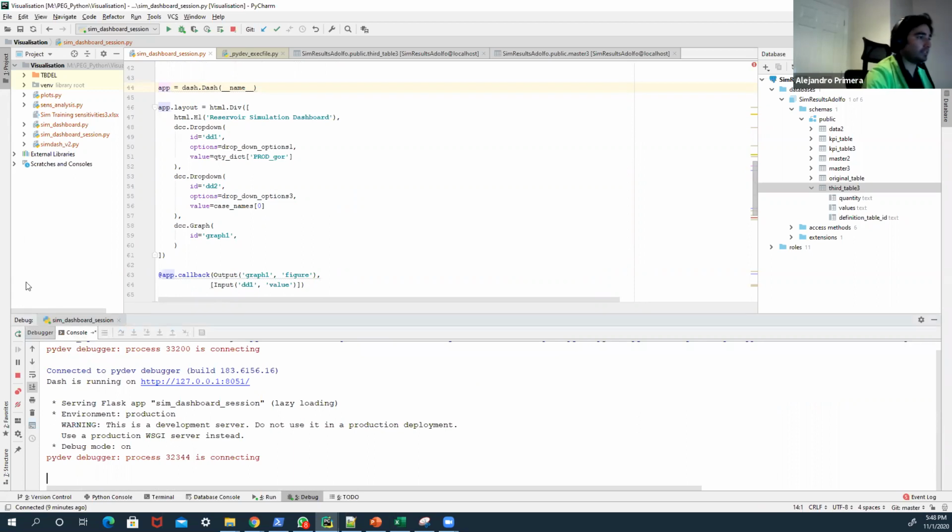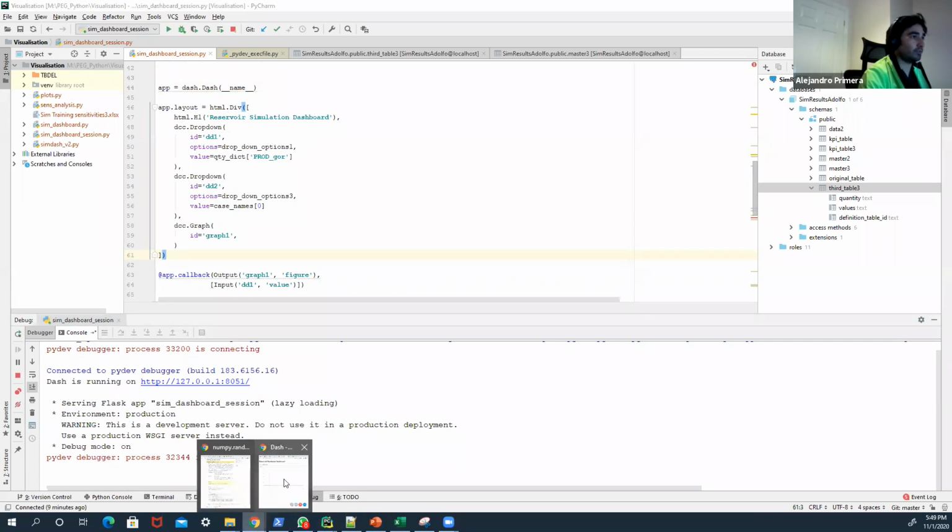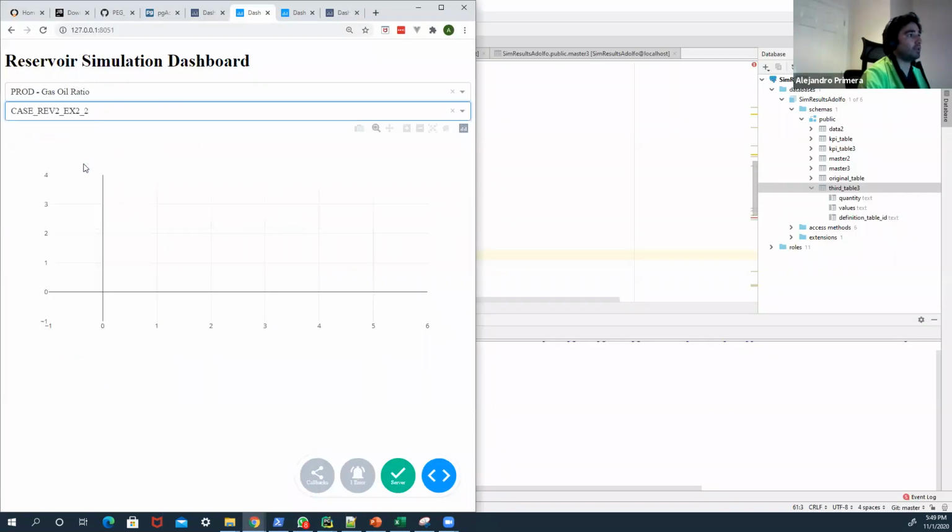We may need to split this session in a couple of parts. Let's see how far we can go. It might take a bit of time to build the whole dashboard, but here I have now the simulation cases, and